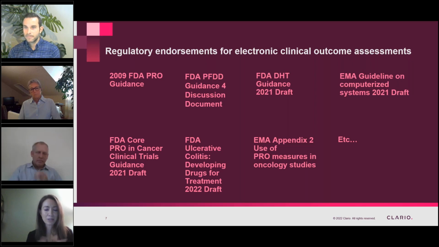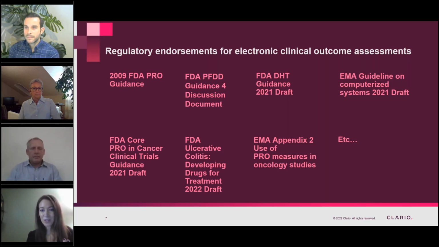And on the slide here, while we're on the topic of regulations, we're going to get deep into different ways to collect COAs and the advantages of electronic data collection to improve that data quality. And this is just something to point out that a lot of regulatory guidances are specifically endorsing electronic collection of COAs, with the reasons being improving data quality, reducing missing data, reducing patient burden, and some of those are very